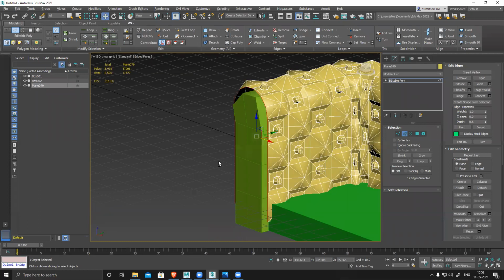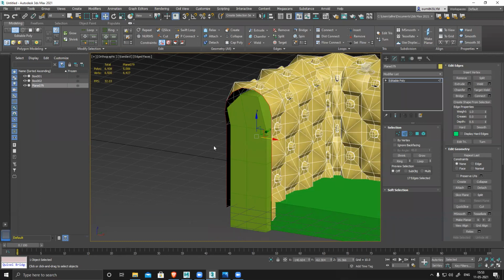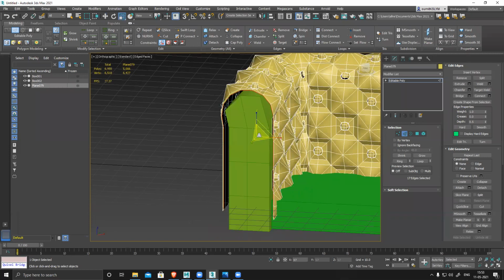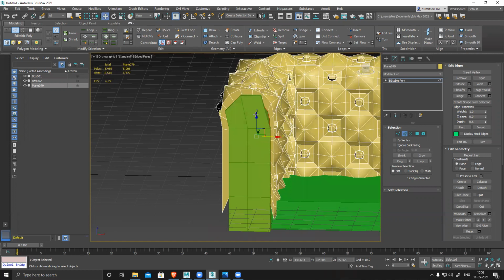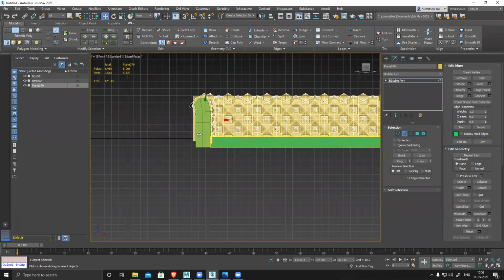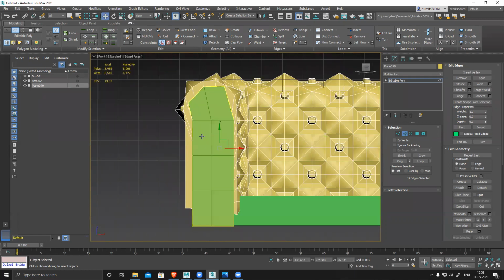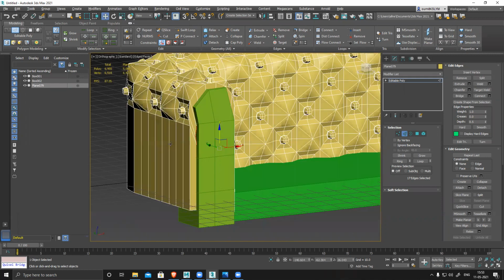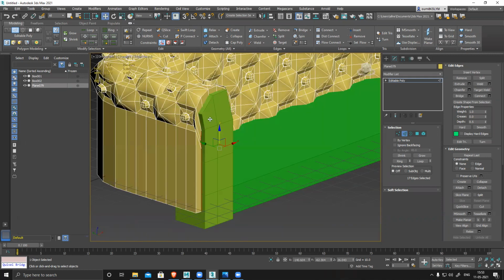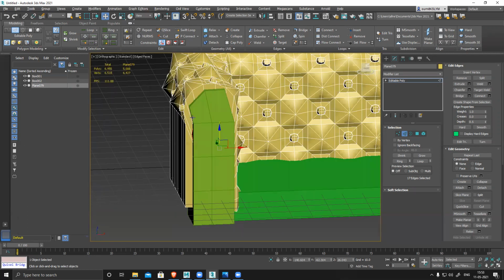So I've selected this edge from end to end, scale, shift and scale. Then move and move, front view, see it's a straight line. I'll create this shape and now I need to bend it. I need to create a bend here. Bend means chamfer this corner and make it a really nice smooth shape.